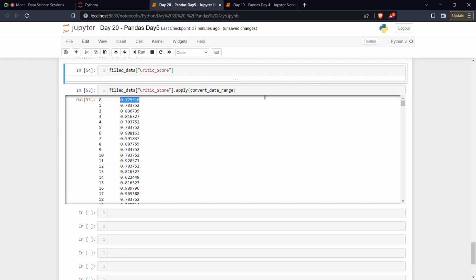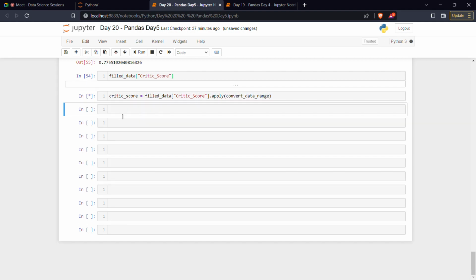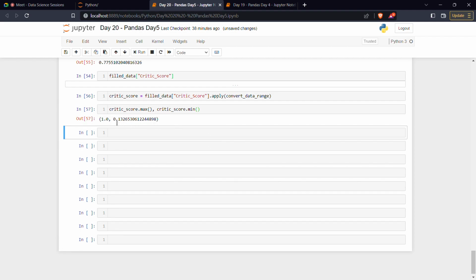Okay. So what we can do is, let me store this in a variable. Critic score. So let's say critic underscore score dot max and critic underscore score dot min. Okay, so let me execute this. Let's wait for the previous. Yeah, so you can see the minimum value is 0.13 and the maximum is 1,